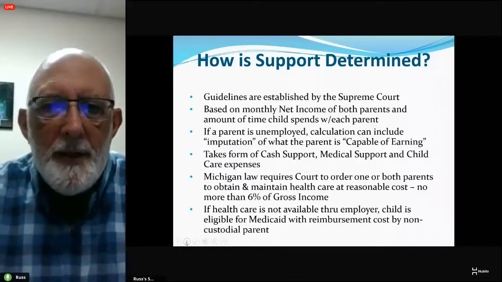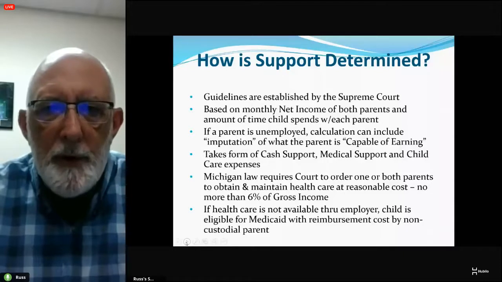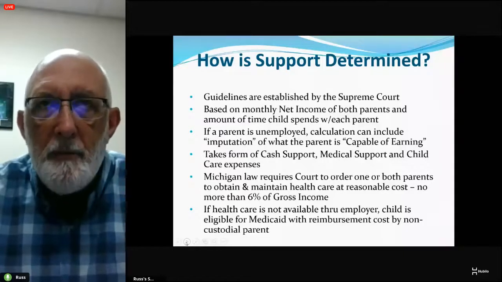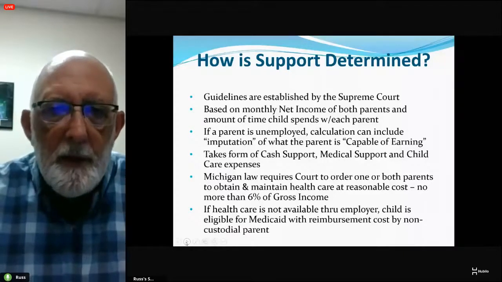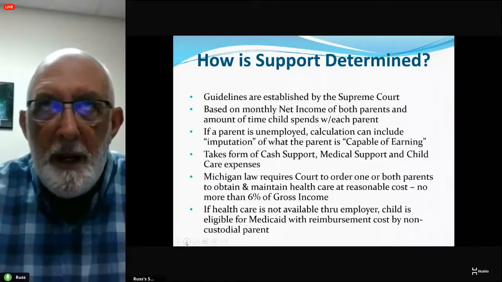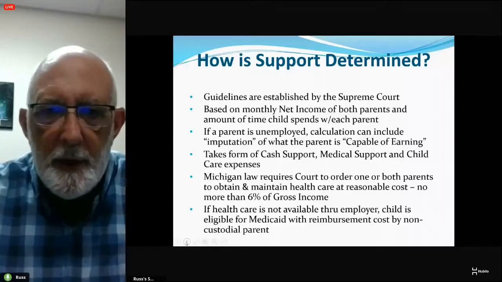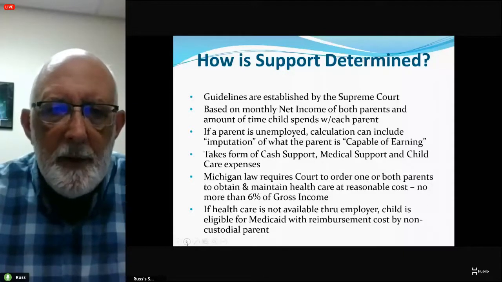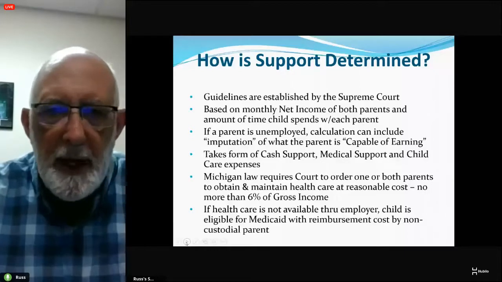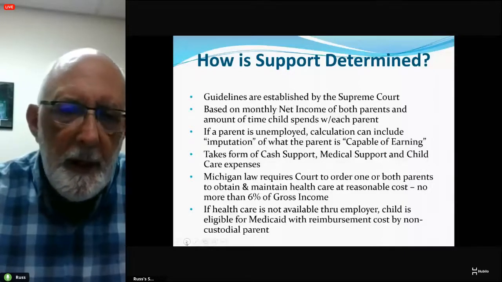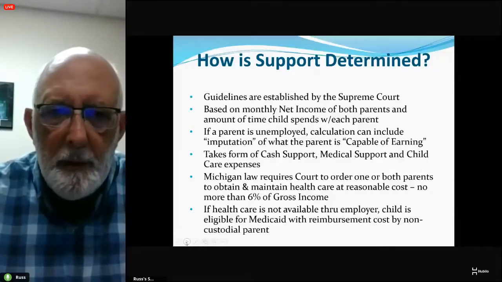And that reasonable cost is no more than 6% of my gross income. So if I'm making for every $100, 6% would be $6 for every $100 that I earn. So if I'm earning $1,000 each week, that could be payable up to